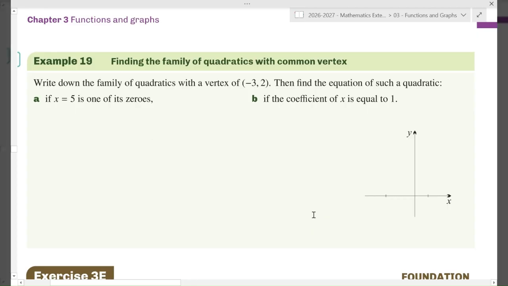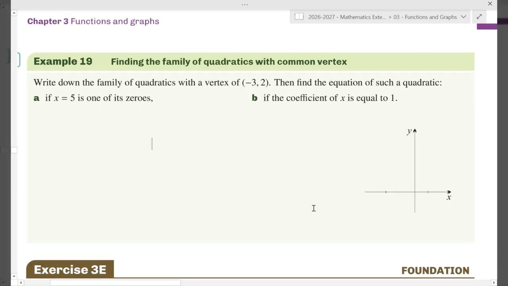So anyway, write down the family of quadratics with a vertex minus 3, 2. Sorry, it's not 6, 7 for you amateurs. It's okay. Then find the equation of such a quadratic. So there's 3 parts to this. Even though there's a part A and a part B, it's actually getting us to do 3 things. Okay? So the first one,